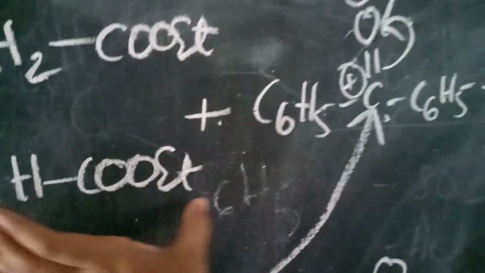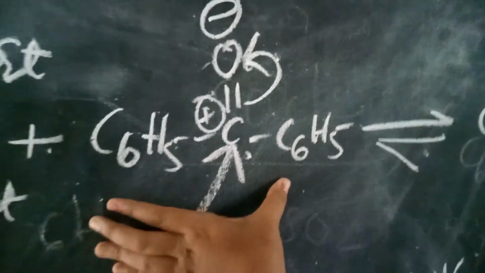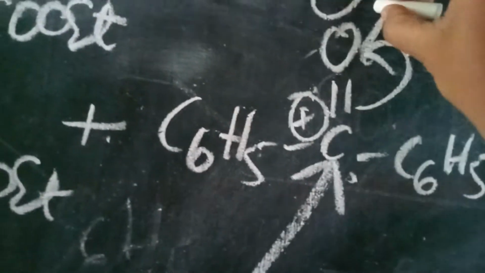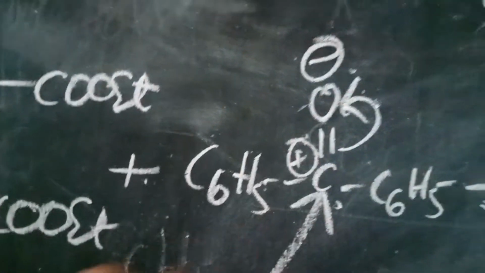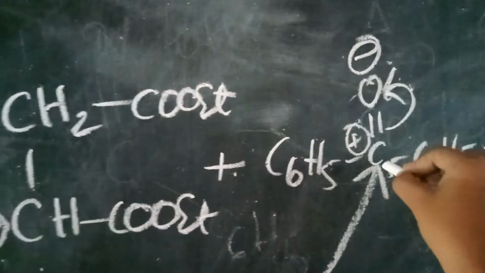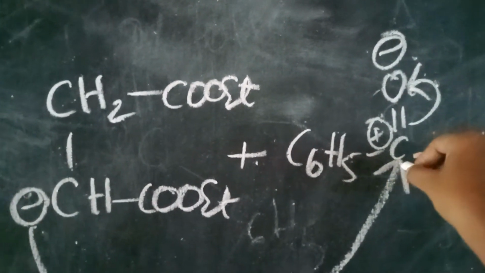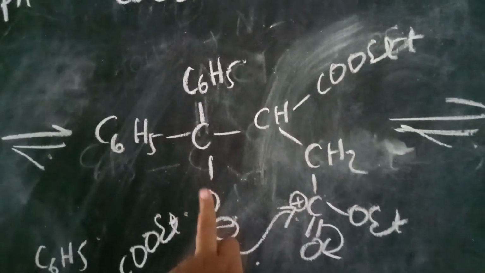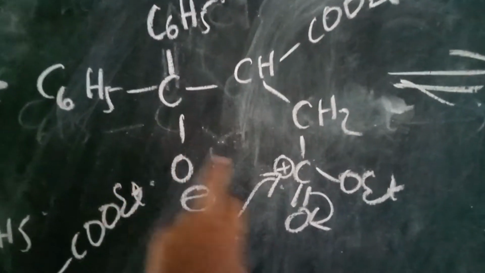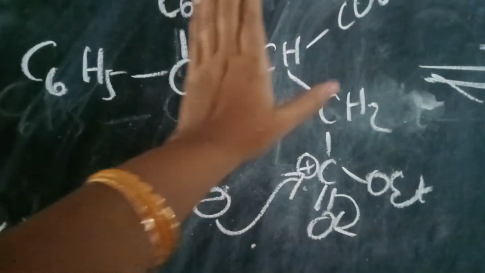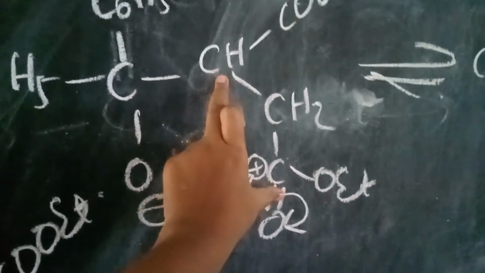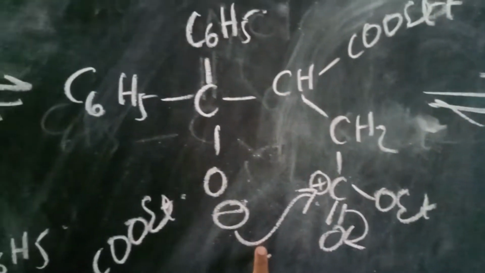This carbanion is treated with ketone, that is benzophenone. Here electrons migrate to the oxygen atom and oxygen gets a negative charge, carbon gets a positive charge. The carbanion attacks the positively charged carbonyl carbon of the benzophenone to form an intermediate like this. In the next step, this carbon is attached to succinic ester to form an intermediate like this,